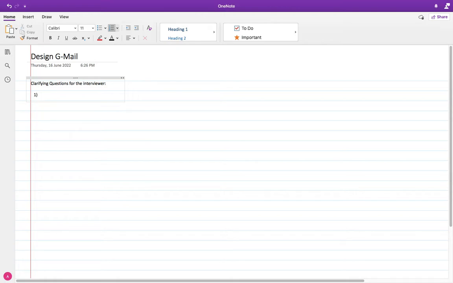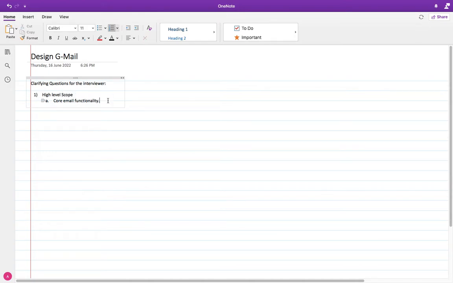So you can discuss with the interviewer all the possible scopes you think of, and then the interviewer can answer. Let's say in this case he answers, let's focus on the core email functionality. So by asking this question, we are actually clarifying the high level scope of the problem,